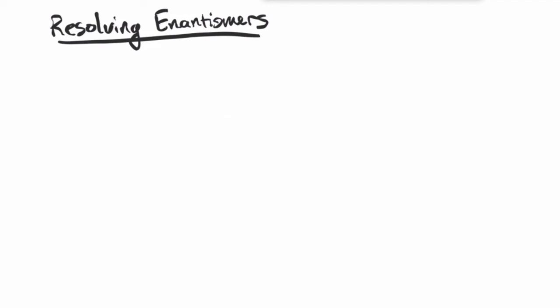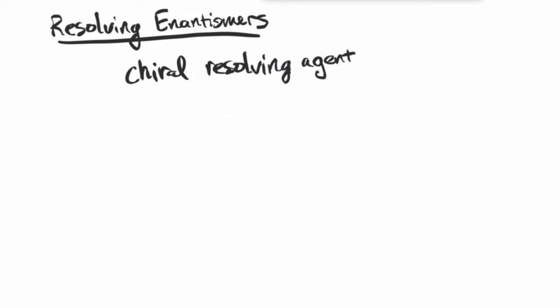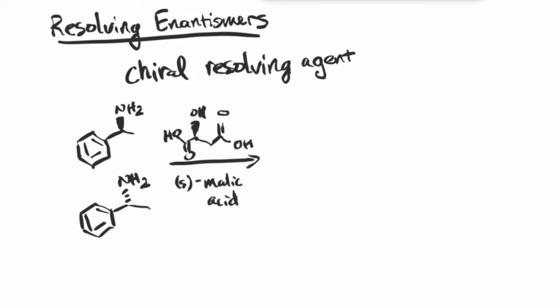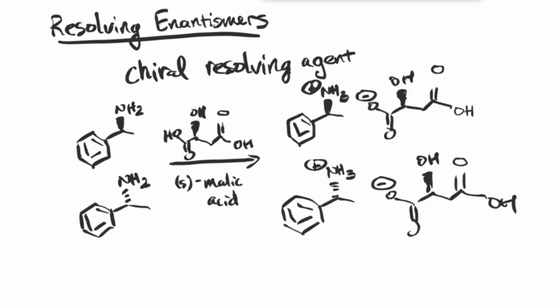So we now introduce a trick called chiral resolving agents. The word resolving here means to separate a mixture of compounds or to purify. Okay, so let's take an example. Let's say we have a mixture of these two compounds and they are enantiomers of each other, so it's hard to separate them out. What we can do is react this with a chiral resolving agent called S-malic acid. So when we use a chiral molecule to react with our enantiomers, they will create a salt,